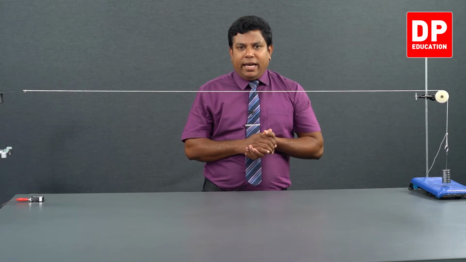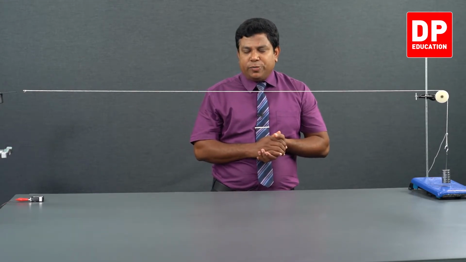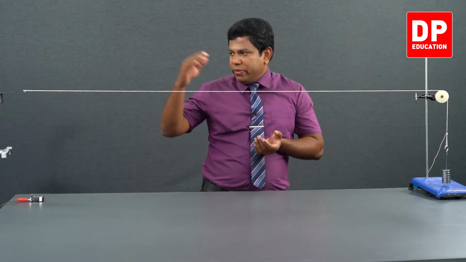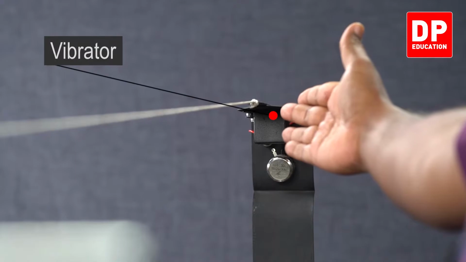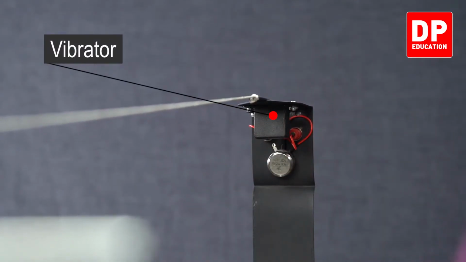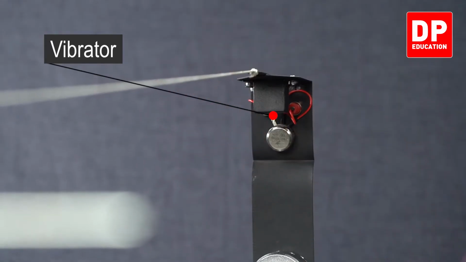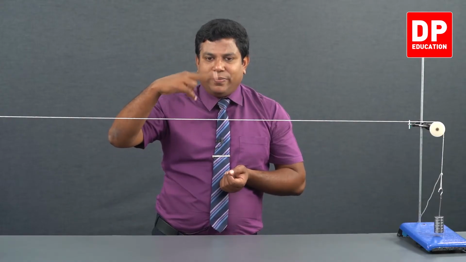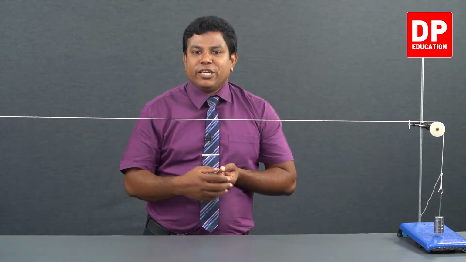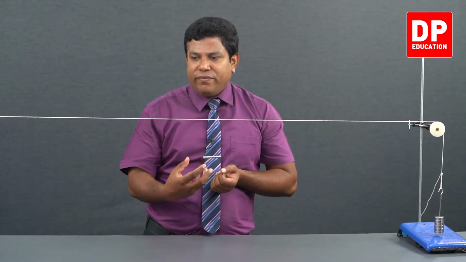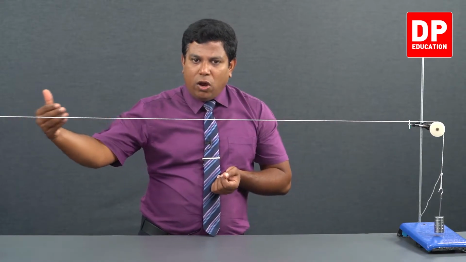Students, you can see I have made the arrangement now. Let's first understand the arrangement here. On this side, this is what we call the vibrator. It's basically a motor. When it's given the electric power, it vibrates up and down like this. So that vibration is going to generate a wave along this string. The wave will be traveling all the way up to here,